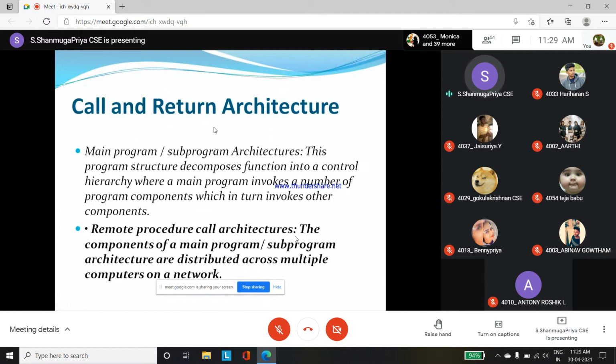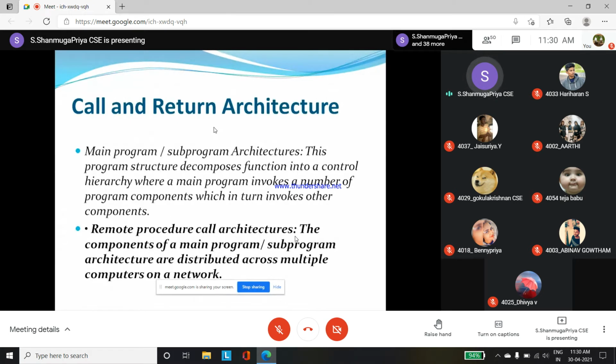If they want to update account details, or create a new account for a user, or withdraw some amount from a particular account, they will do that process, and automatically it will be modified in the server. So multiple computers are working on a network. All the computers are not interconnected, so that is called a distributed system. All the computers are not interconnected; they access the main computer and it does all the processing.